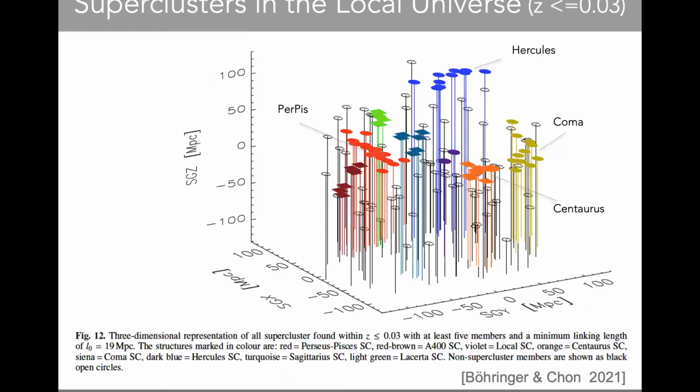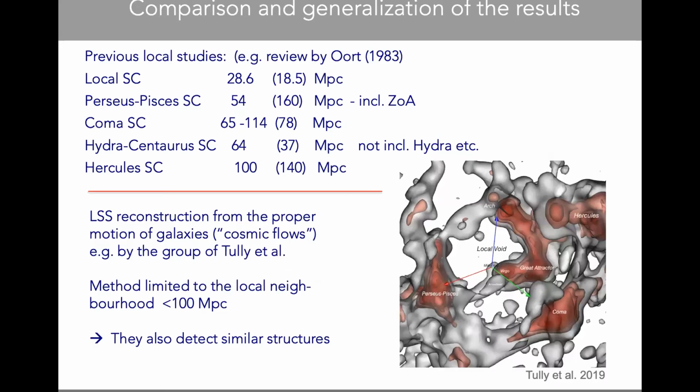Okay, this is a 3D view. Again, Perseus-Pisces over here, Centaurus. So that's a local sheet. Hercules is very much up, but still you see that a lot of things are concentrated in the middle, in the supergalactic plane. And this is a comparison, but one of the things I did is if I take one